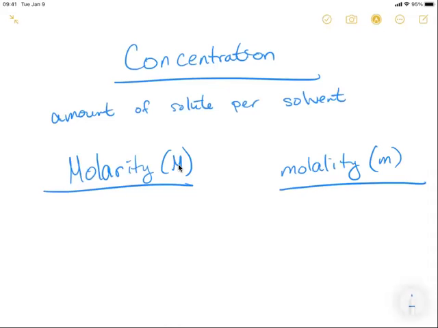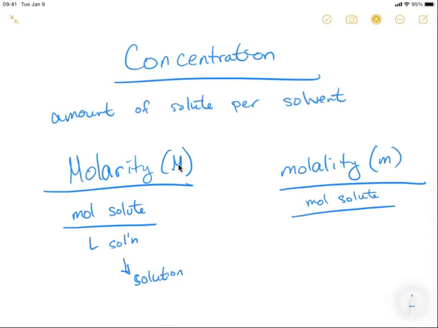They are both measurements of concentration, and they're almost the same except molarity is moles of solute per liter of solution. That's how I abbreviate solution. And molality is, again, moles of solute, but instead this is kilograms of solvent. So they're very nearly the same, except we've got liters here and kilograms. Now, the main difference, I guess, is